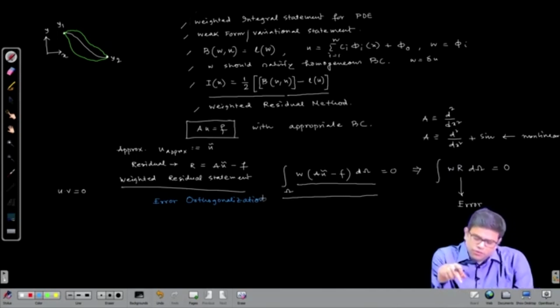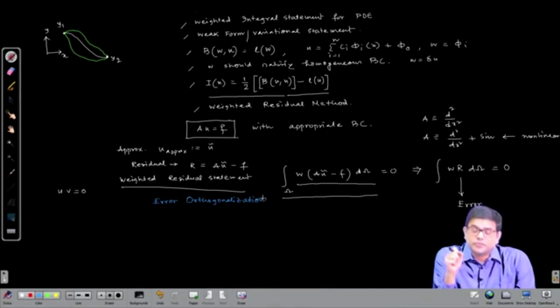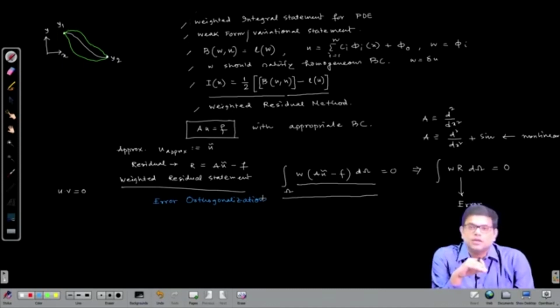Whether you look at the Rayleigh-Ritz method or the weak statement of that PDE, this is a kind of minimization, right? But both of them are actually the same under certain conditions. Now, this error orthogonalization is also a minimization, but my solution space, which is essentially the approximation,